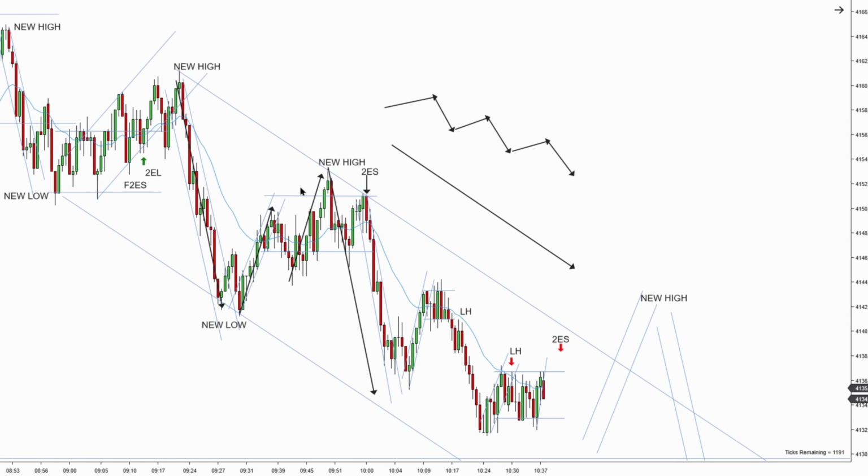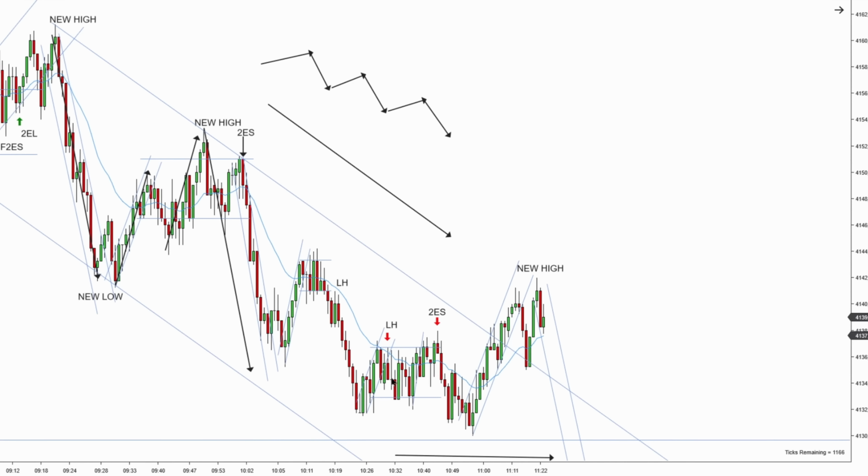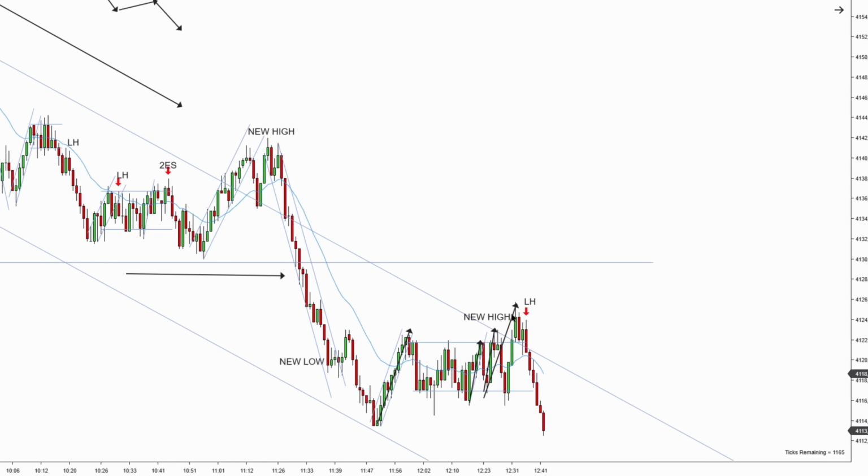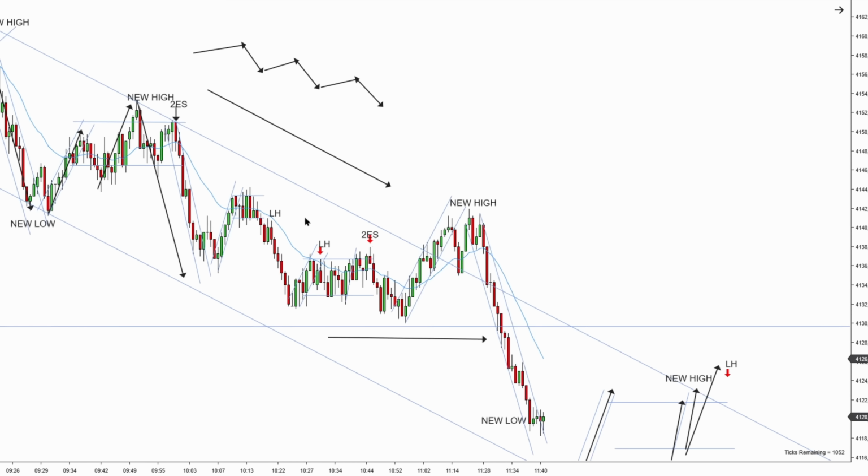You are selling at the top of the trend range, the second entry short right here. You're selling the second entry short at the top of this trend range right here. And you're selling the second entry short at the top of the trend range here, or the lower high after the failed breakout here. Because you have to switch to trend range rules here. You don't want to buy because the main structure is bearish. But if you're observing a small trend range, you have to sell high or fade the breakout. So this is why you're selling here, selling here, selling here.